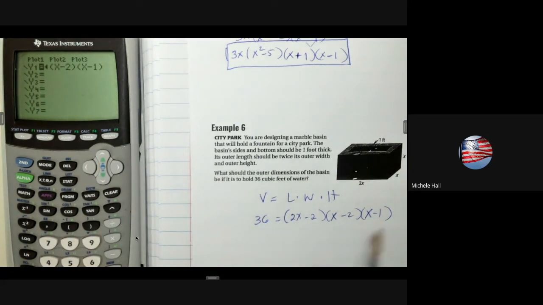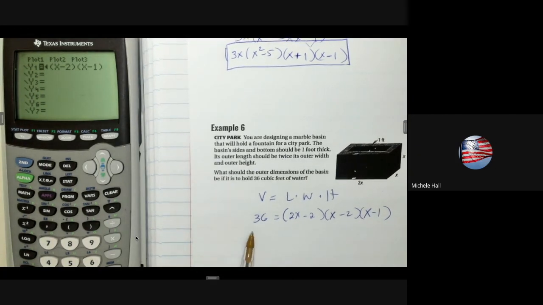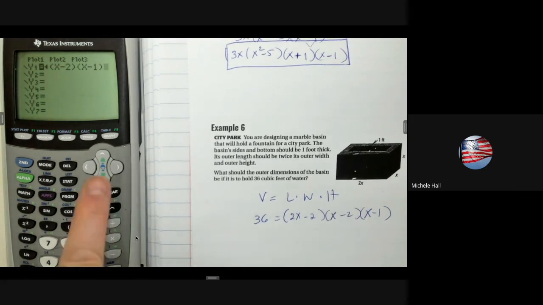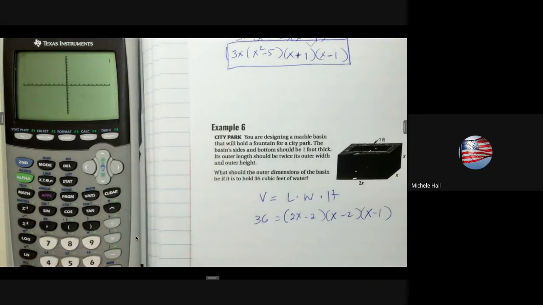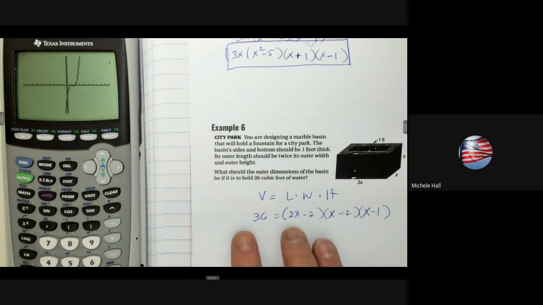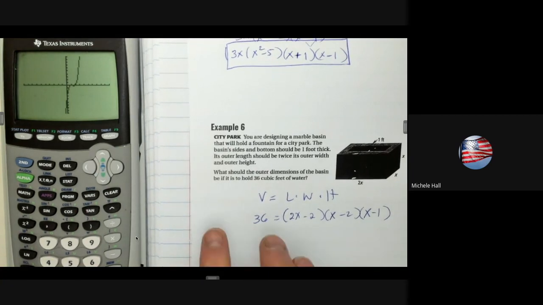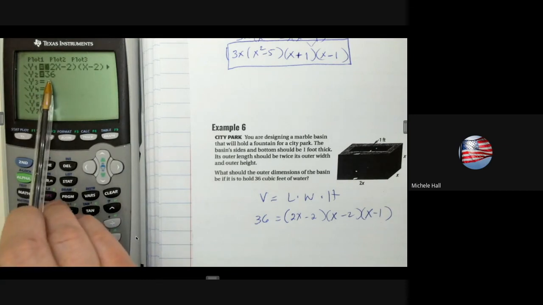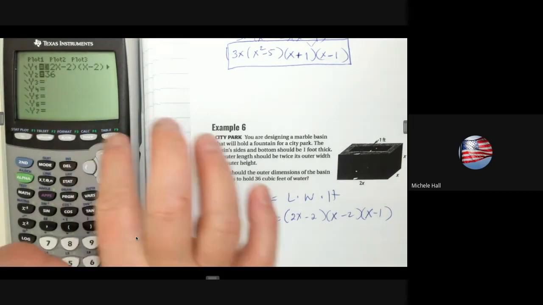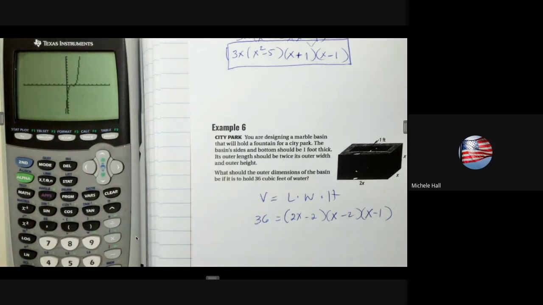What this says right here is we want to know, when does the right-hand side equal the left-hand side? That's what the equation means. If I graph this side of the equation on the next line, that's y equals 36, and graph. So we're setting the equations equal to each other in the grapher. We graph this equation first, and then y2 would be the second one. We are looking for the intersection. Well, if we have a line that says y equals 36, that means that my y-axis needs to go up to at least 36. And here we're on a 10 by 10 grid, and we are not at 36 up here. So I'm going to go to my window,